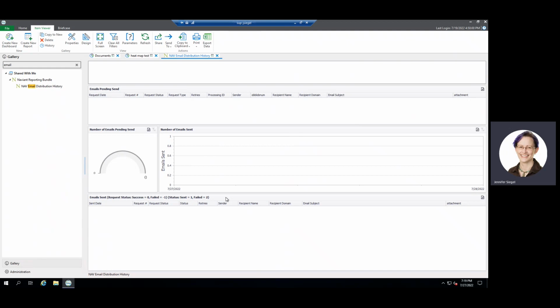So if a user claims they never got an email, you can come in here, you can search for the date that they should have gotten that email, right? And then look for that user in here and see if, first of all, if the email was in here at all, right? And if it is, then did it succeed or fail? And if it succeeded, then OnBase did its job. And then check with the Exchange server level, or maybe it's in the person's quarantine or their spam. But OnBase created the email as far as it was concerned. So very, very helpful dashboard.